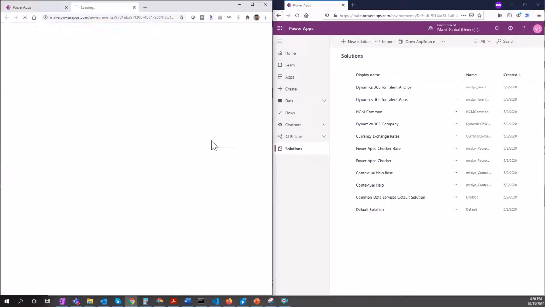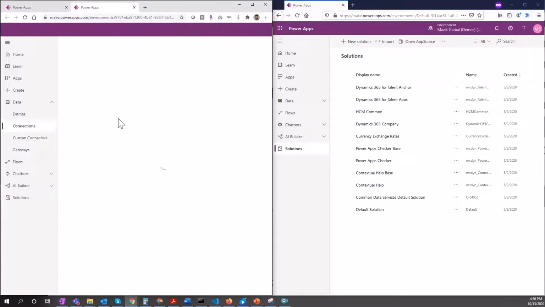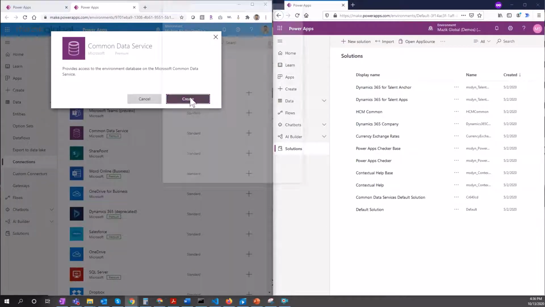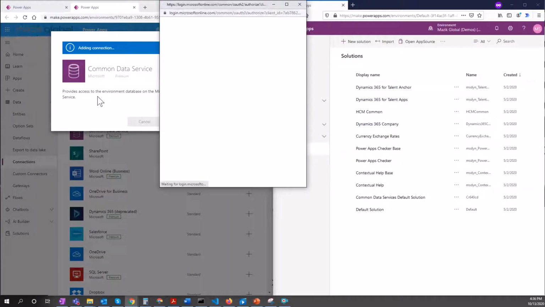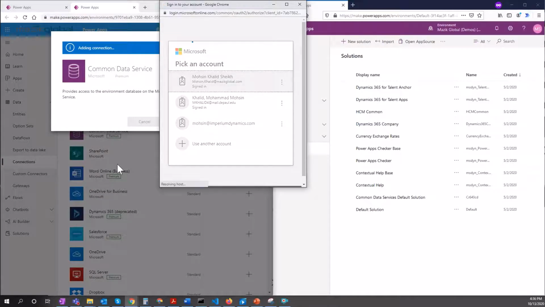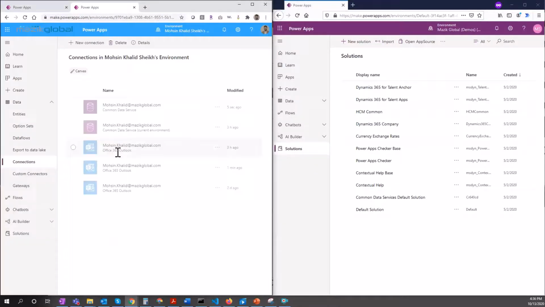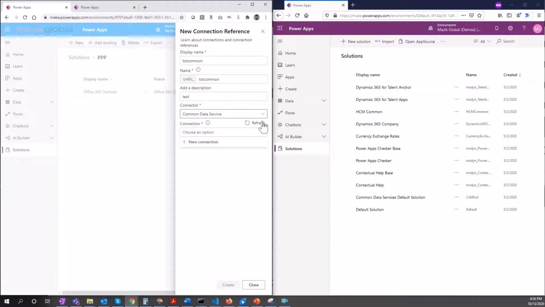If you do not have a connection already with the Common Data Service, it will give you the ability to create that connection. As you can see, I'm doing that over here with one of my accounts, and now I will have the ability to refresh and select that connection on top of the connection